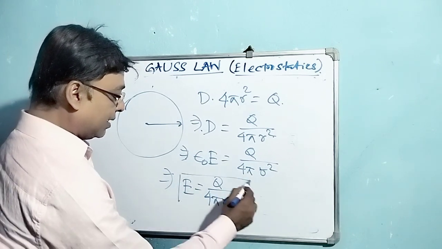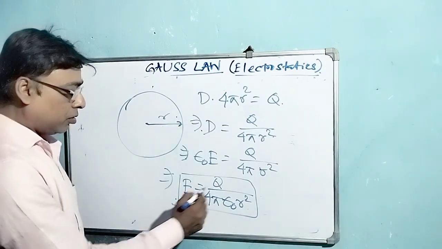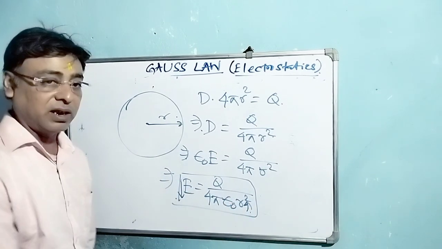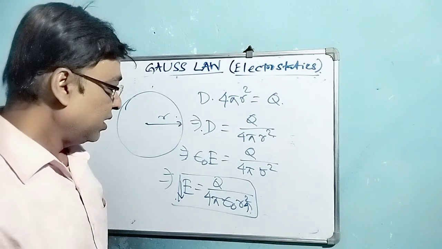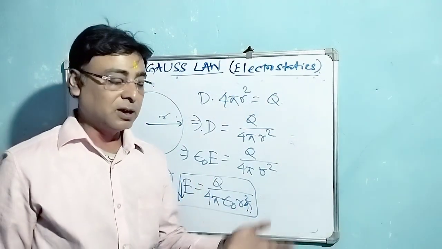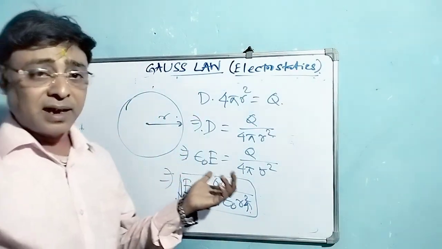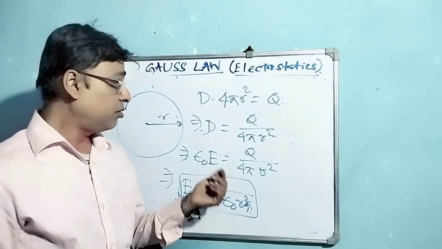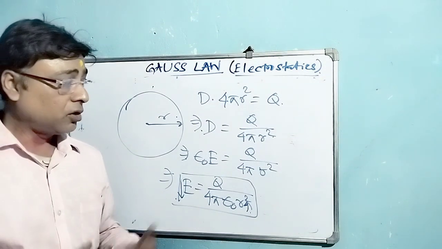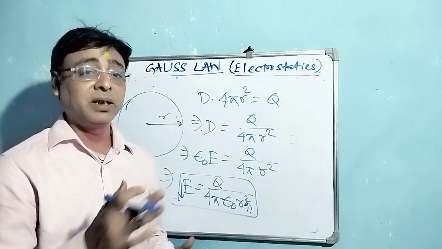So we have seen that as the distance or the radius increases, obviously the electric field intensity decreases. This is nothing but the application of Gauss law for different surfaces, different sheets. So we have discussed it for the infinitely charged sheet, for a charged wire, and for a spherical surface. Now we can go for the derivation of Coulomb's law from the Gauss law. That's what we'll be doing in the next class.